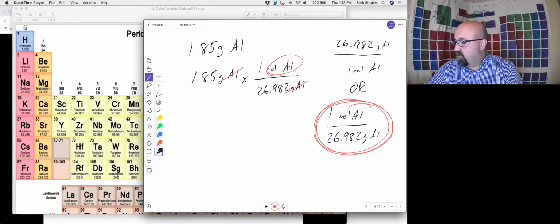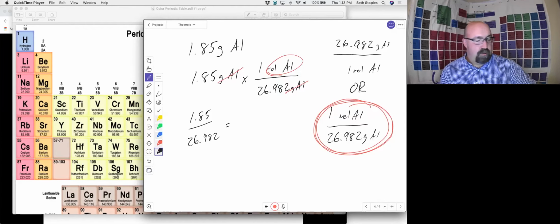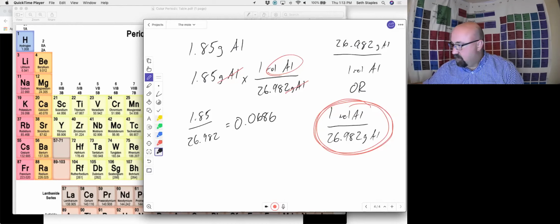And this tells us then that into our calculator, we're going to have 1.85 divided by 26.982 to give us an answer of 0.0686